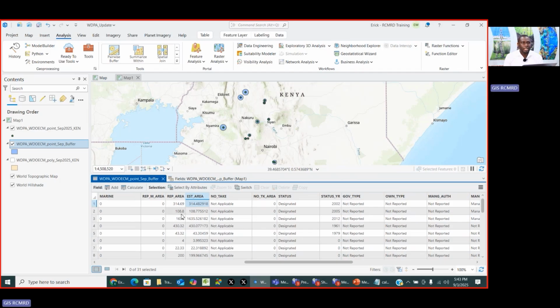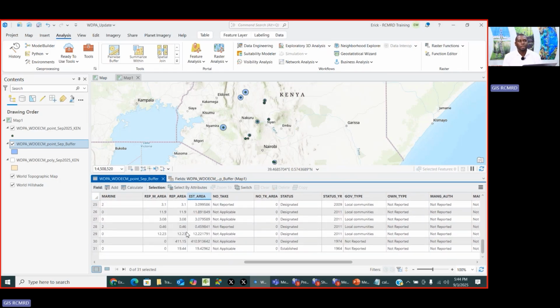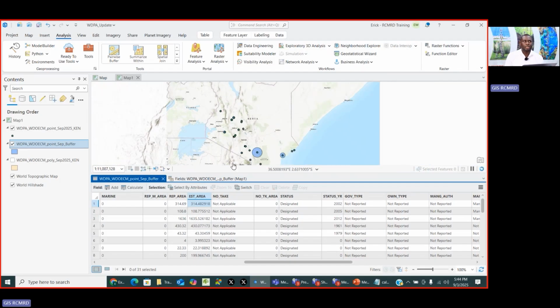The second is 108.8; the one that we have is 108.77. So you can see our method, or our radius, was not very far from the accurate radius. With this, I think we have just validated our radius, and we can continue with dissolving our